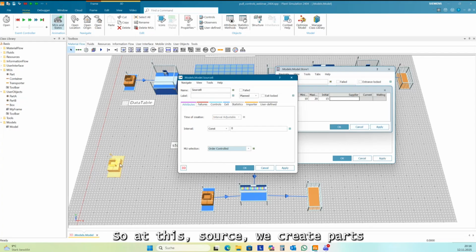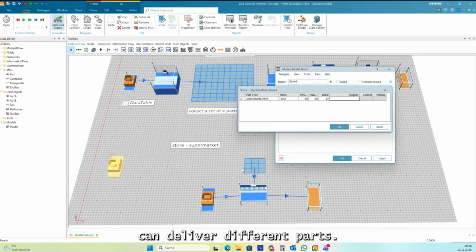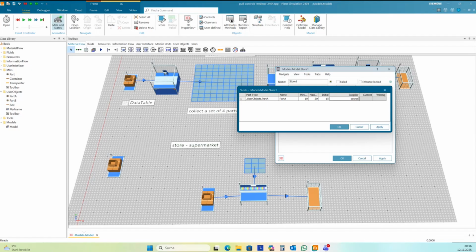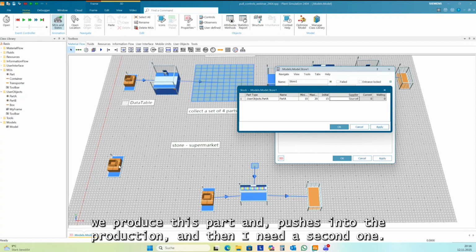So this source will create parts whenever it needs to deliver parts, and it can deliver different parts. And here, this is my supplier, source 8. And if the stock is below 10, then it orders 10 until the maximum here from the source, and this source will produce these parts and push them into the production.